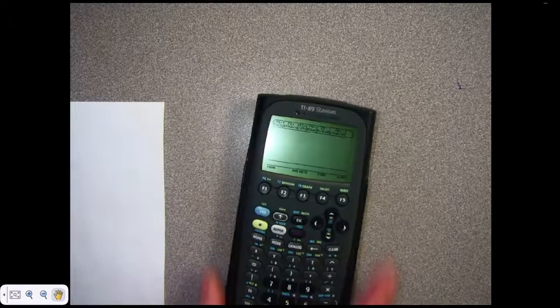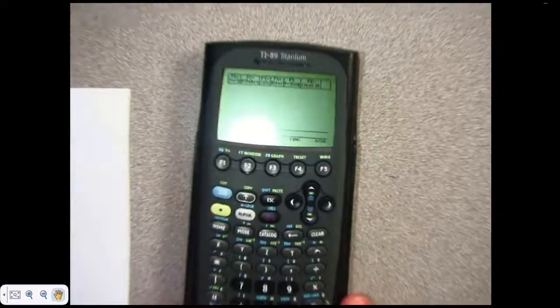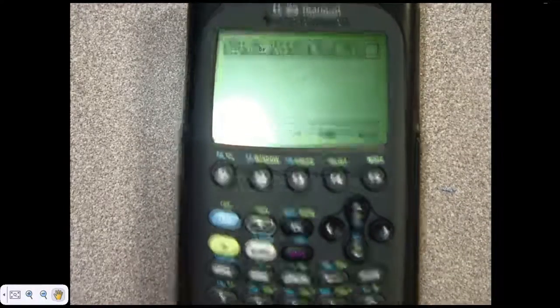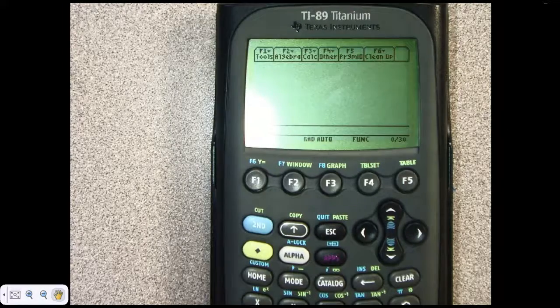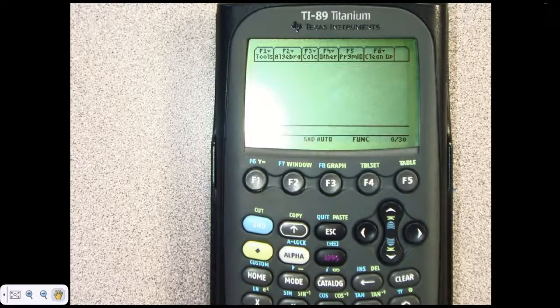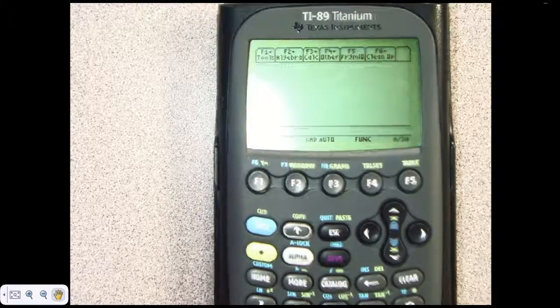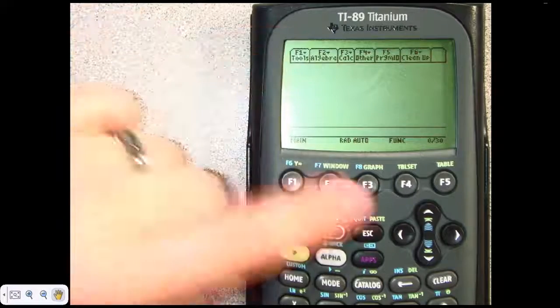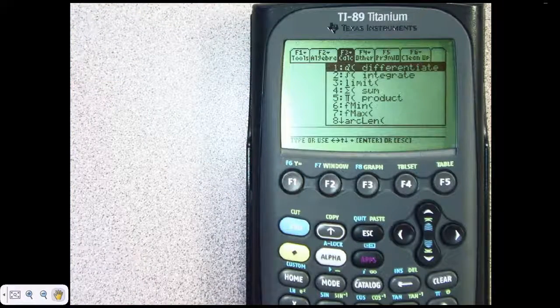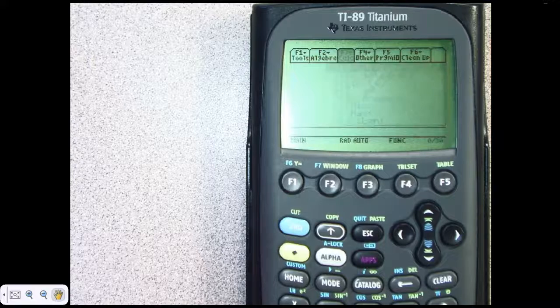So you can actually skip right to the second derivative on here. I mean, you could, if you really wanted to, take the derivative. There'll be times when you want to do this too. Take the derivative and then tell the calculator to take the derivative back. But you can skip to the second derivative. So if I want to do the second derivative here, I'll F3 Calc, differentiate,